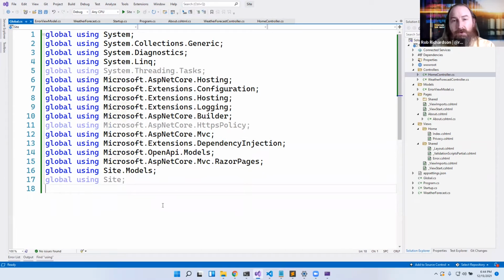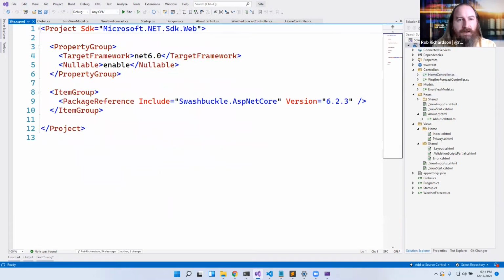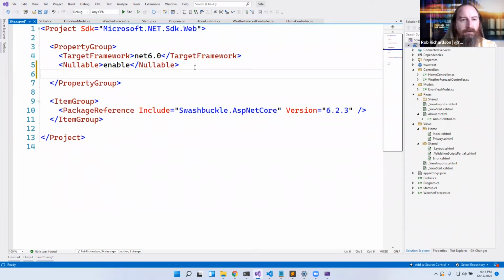Now, that's really cool, but there's some that every project everywhere starts to include every time. You know, system, system.link, system threading tasks, maybe some ASP.NET stuff. And wouldn't it be cool if Microsoft automatically included those usings? Let's pop open our CS proj and let's add a new option. We do have the enable nullable reference types option added by default if we started a .NET 5 or later project. But let's also add another one that is